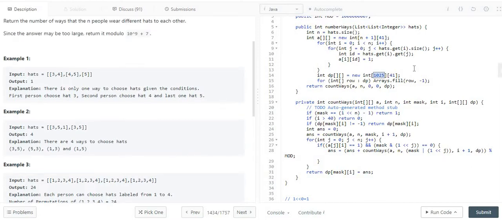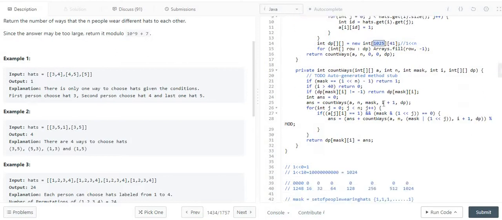Generally what we do is we shift the value to the left. This operation says that 1 shifts to the left by n. Here n can be anything, but the max value here can be 10.